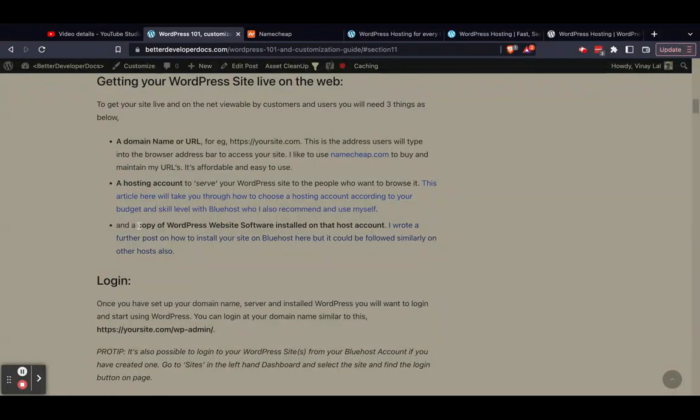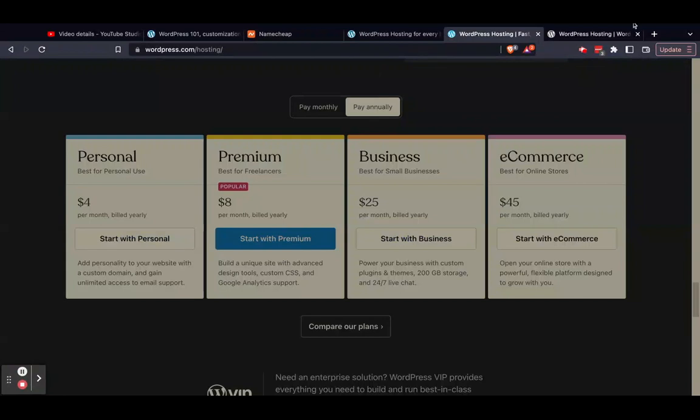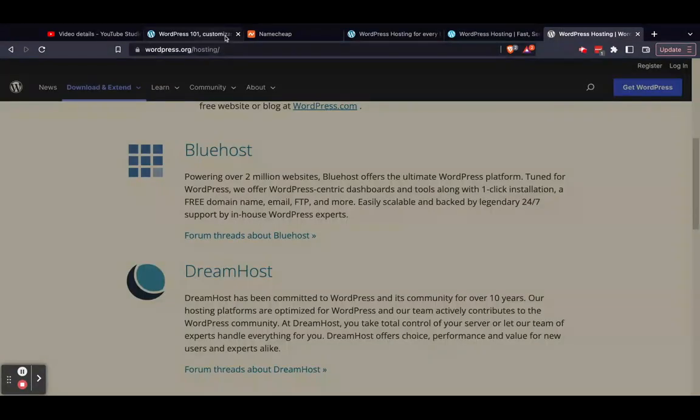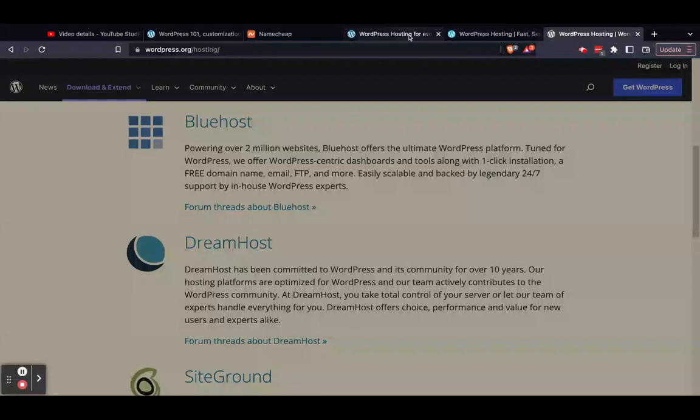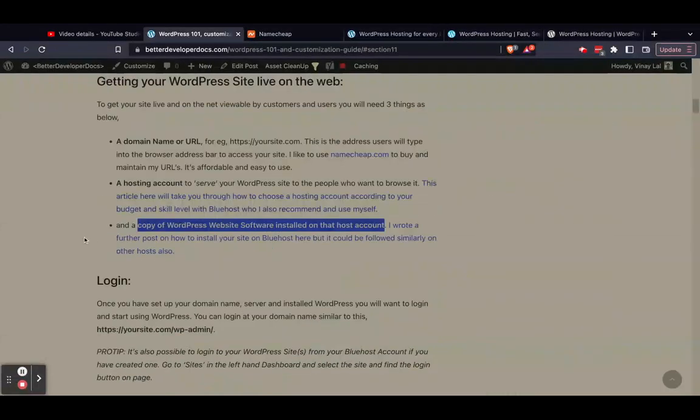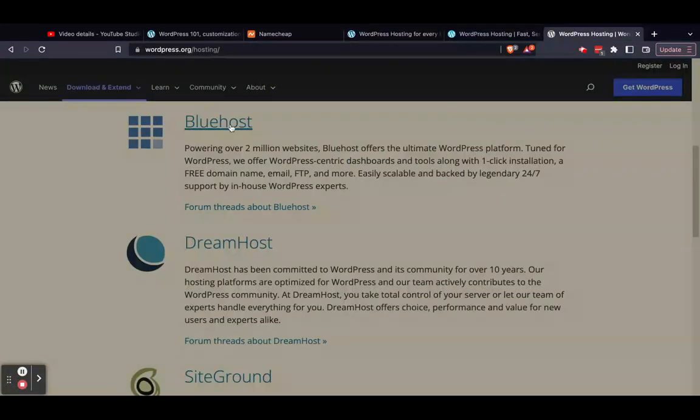Okay, so now that brings us to the next thing that you're going to need to get your WordPress site on the internet. You're going to need to install a copy of the free WordPress software, represented by WordPress.org, on one of these third-party hosts. You can actually do that in a couple of different ways. The easiest way is that once you have got an account here, or actually in the case of Bluehost, and probably these other ones as well,